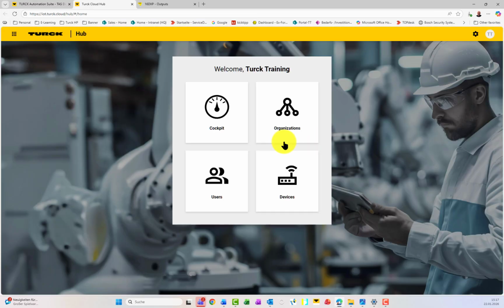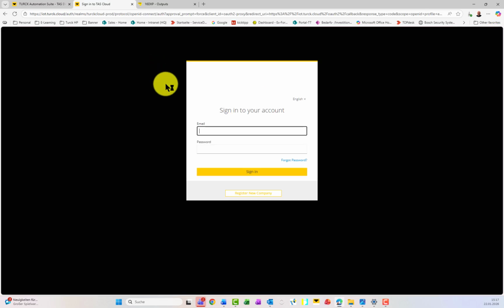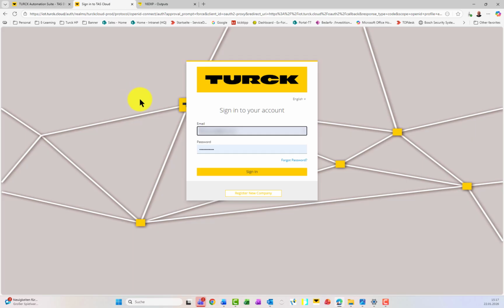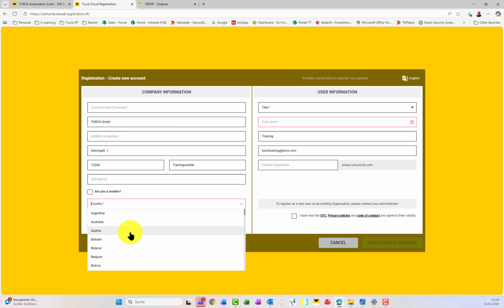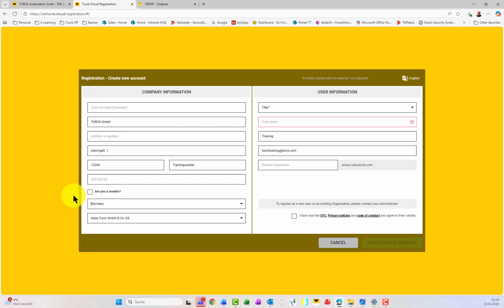So for TAS Cloud, I showed you need to have the certificate pack. How do you get it? You can click on the TAS Cloud button. If I'm not logged in, you will be here. So you can register as a new customer, enter all the information in here that is required, choose your country and so on, enter a name, email address,